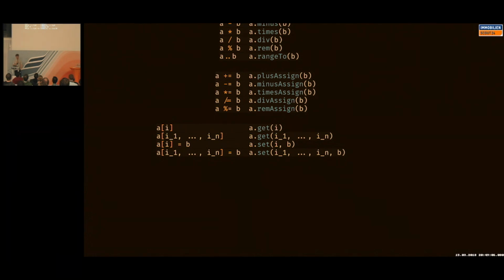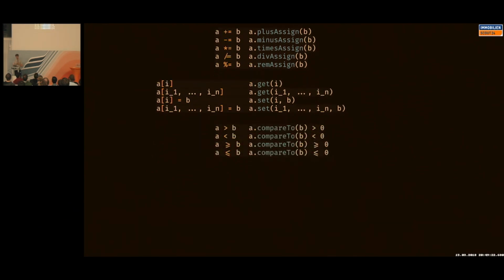And you can use it however you want. It doesn't have to be about collections at all. It can be about tokens or whatever you can imagine. And you can have multiple overloads that take multiple number of them. Then, and this is something that I rarely see used, but it's so convenient, if you implement the comparable interface,